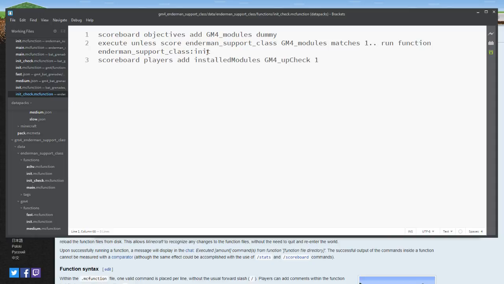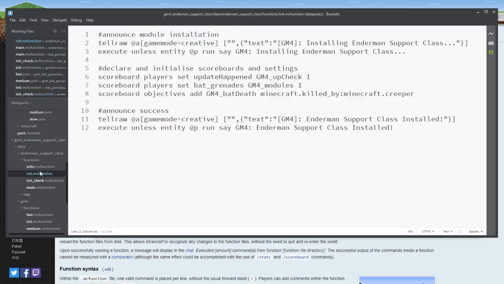So it runs the Enderman support class init setup. I guess here it would go. After it's installed itself, it would then check all the existing modules. So it could do something like execute if score bat grenades GM4 modules matches